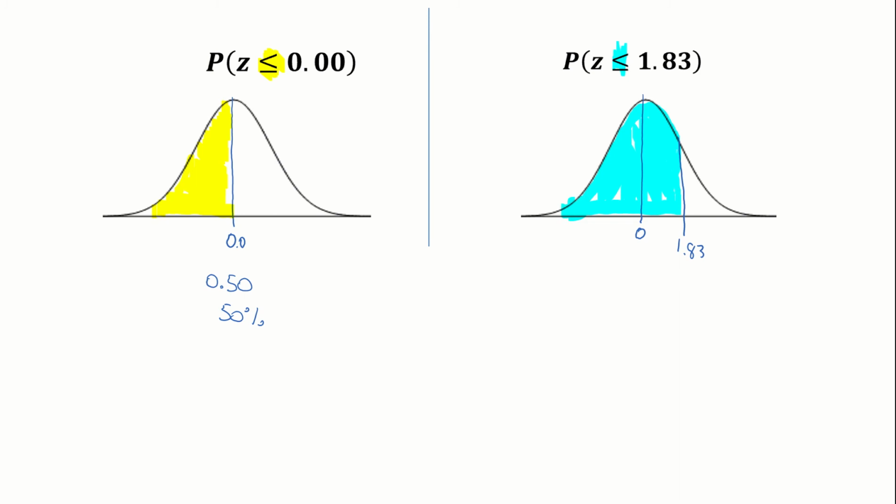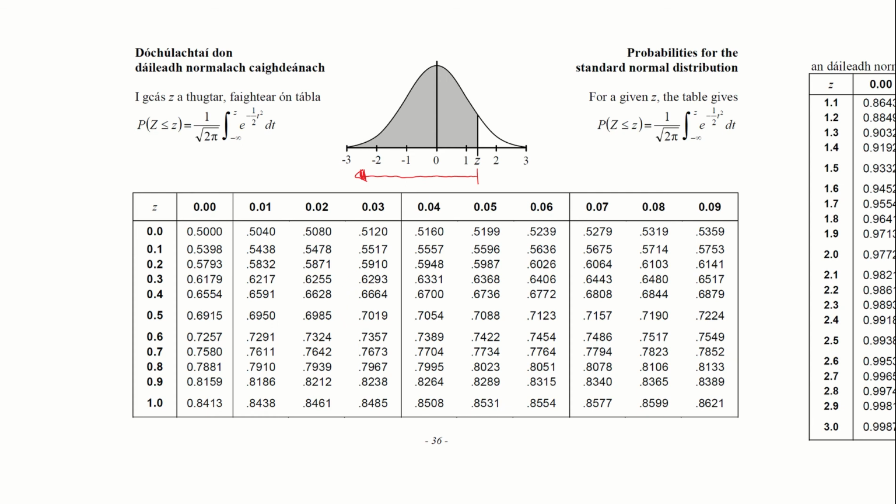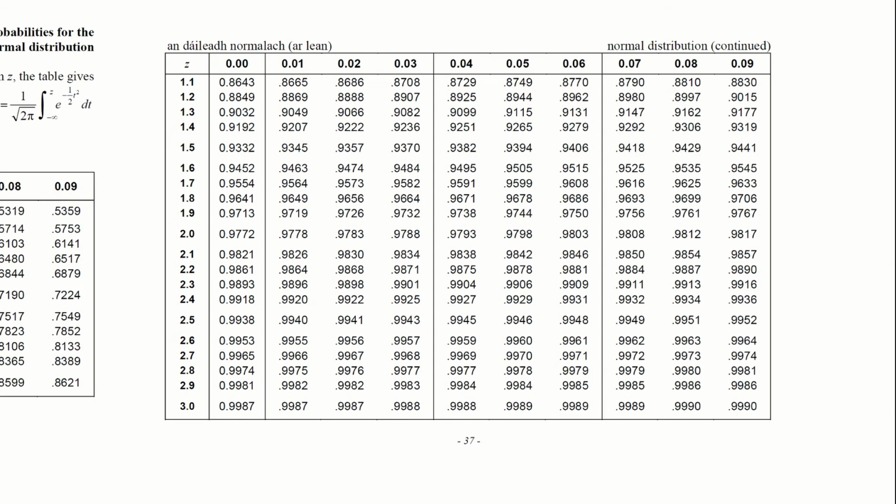Now, I can't do that from looking at the picture. I need to use my z-scores from page 36 and 37 in my log tables. So let's do that. We're looking for 1.83. Now, when I go to page 36, you can see that it brings me to 1.0. I want 1.83, so I just need to flick over onto page 37. And now I'm looking for 1.83. So I go down underneath my z and I find 1.8, which is here, and I come across to 0.03, which is here. So 1.83 is 0.9664. So that's my answer,